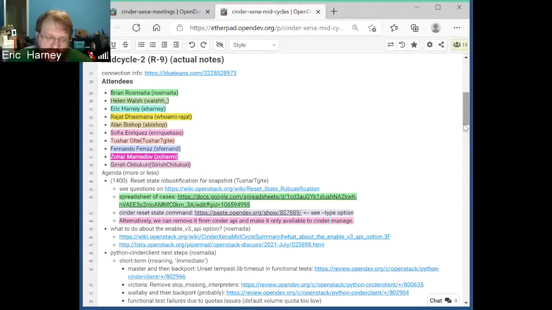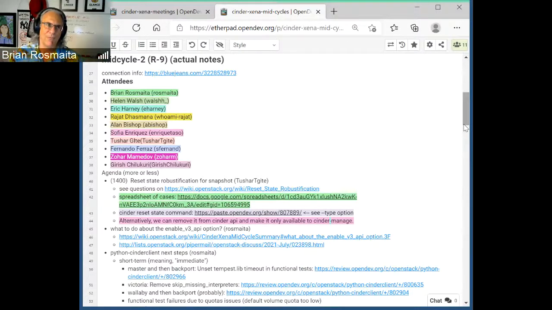I'm not so sure about that. Yeah, I think the idea is not so much to say, hey, you just said make this volume available, so now I'm going to do everything to do that. I think the point of this is just we have this tool that allows an operator to reset the state that's displayed with the volume, but there's some cases in which it's a bad idea to let them go ahead and do that. And one of the cases would be they're trying to make the volume available even though it's in a current state where we know it shouldn't be available. And so we should block it with a message.